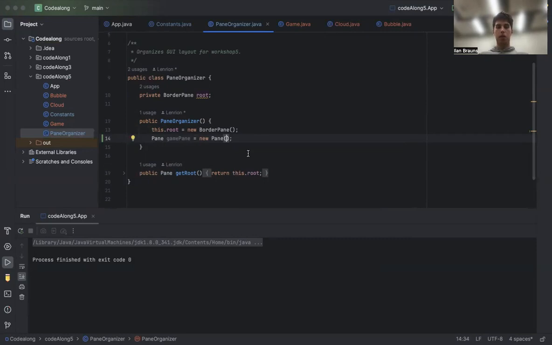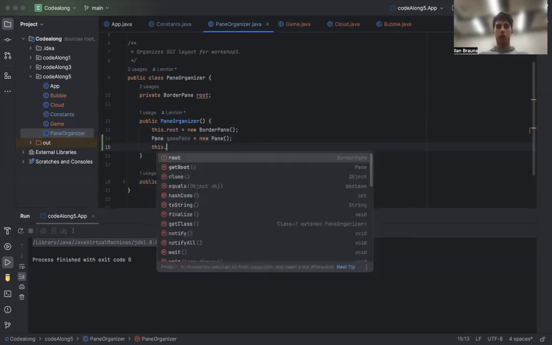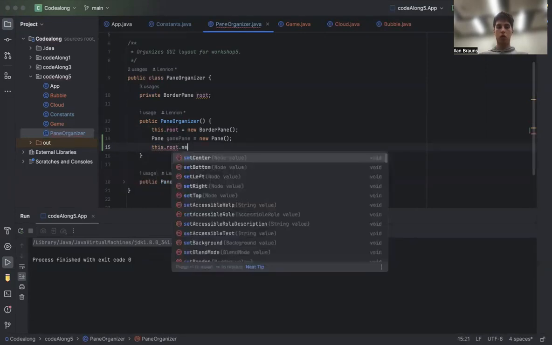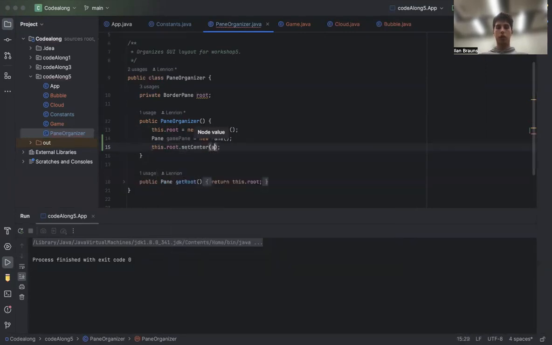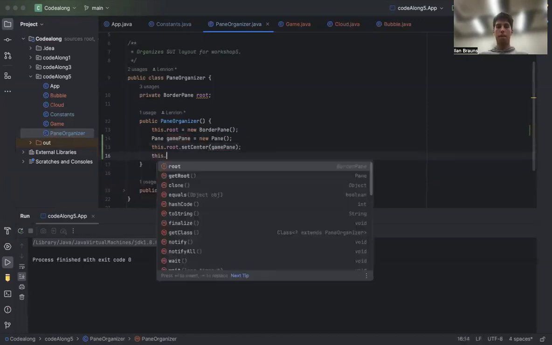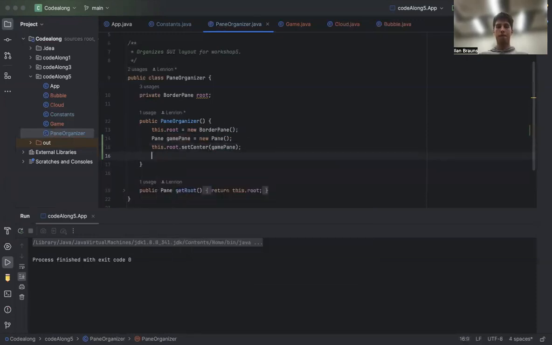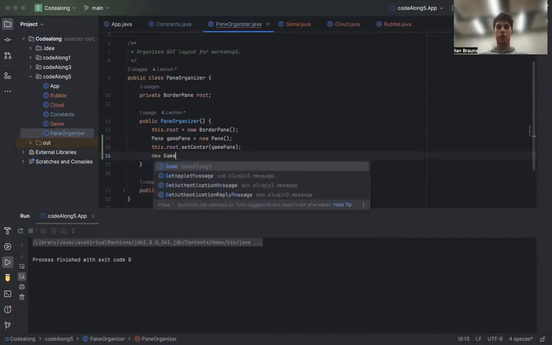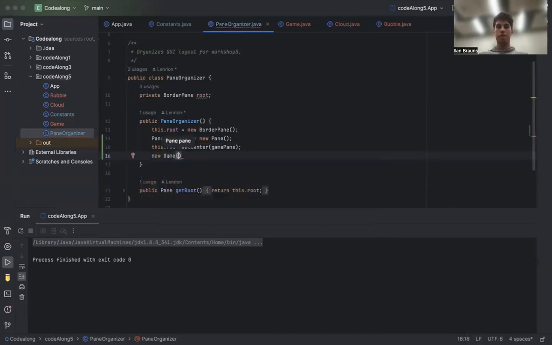And let's say, set center. Right, and again, now we see this game pane is the game pane going to our pane, to our game,